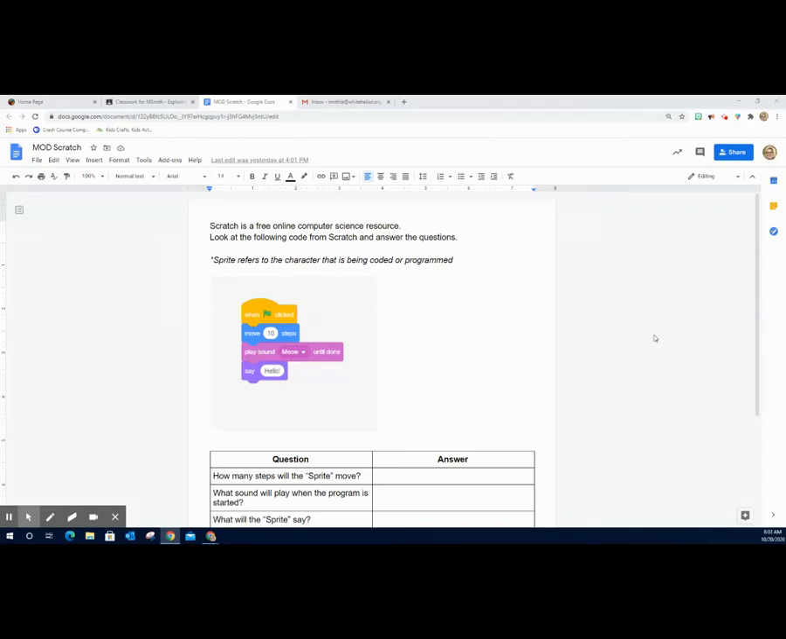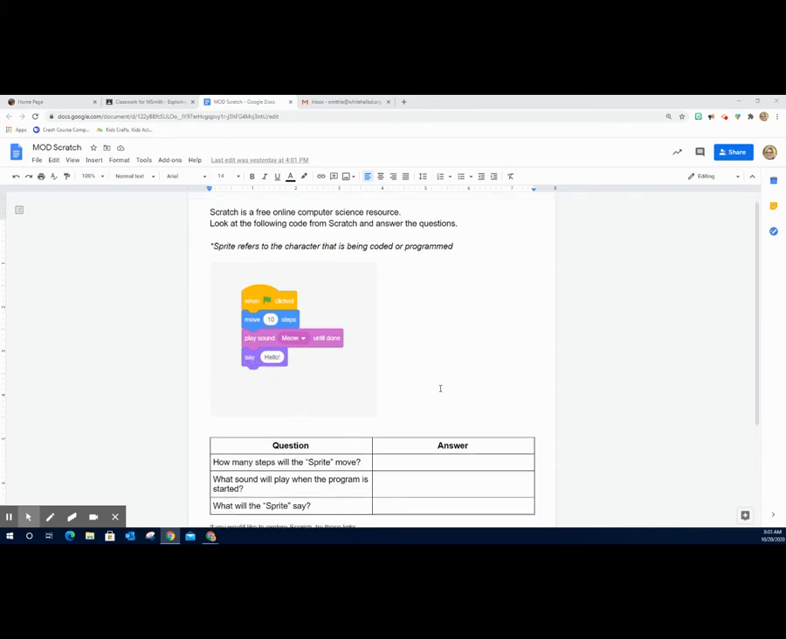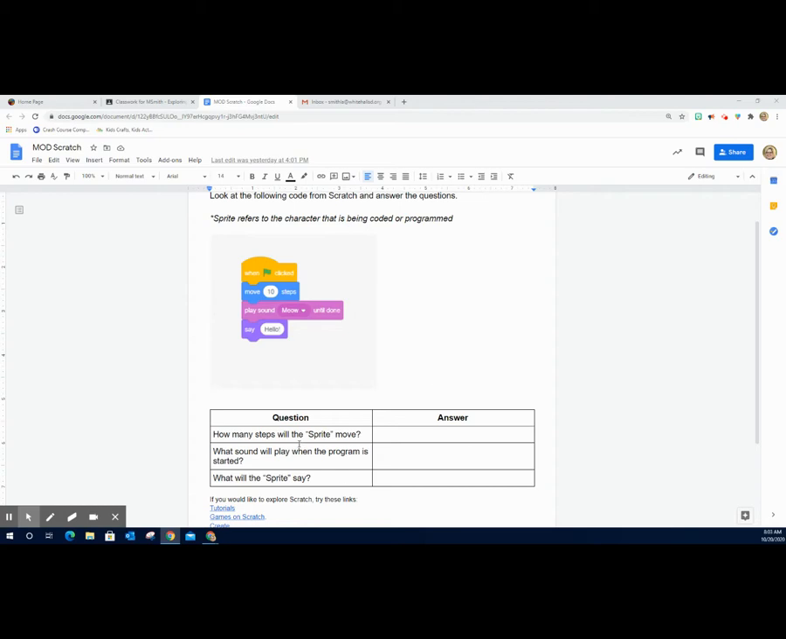Scratch is a free online computer science resource. I've given you an example of some of the block-based coding from Scratch. I want you to look at this block-based coding and then answer the questions. Whenever I mention the word sprite in a question, that refers to a character that is being coded or programmed